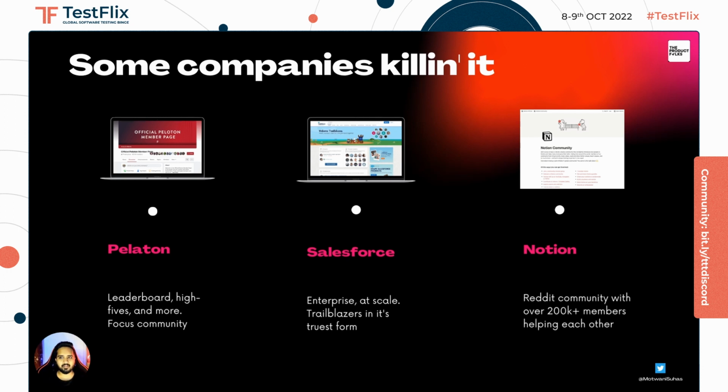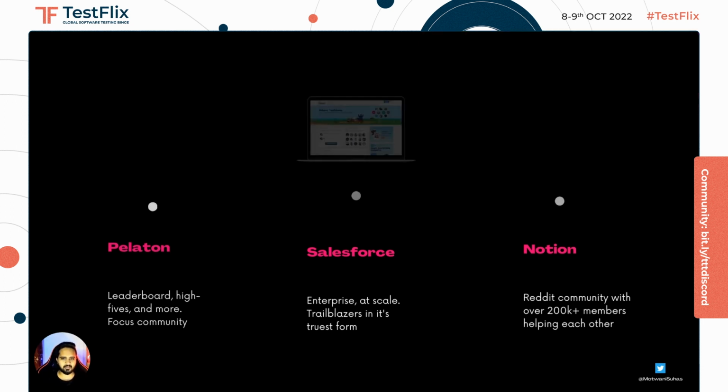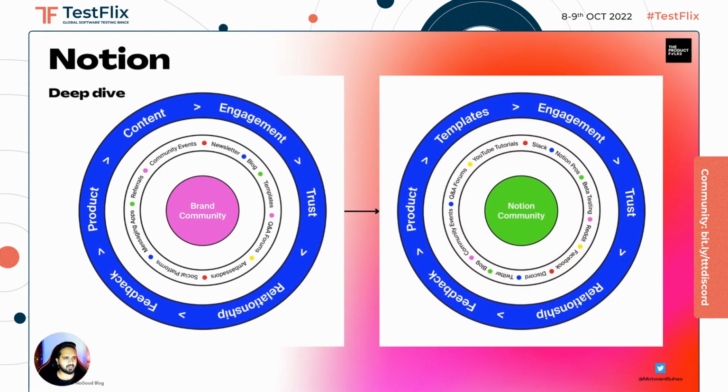So if you are a Notion user, imagine. In fact, over the next slide, I found a really interesting deep dive on the No Good blog and tried matching that with our inner and outer circle framework that we saw. On the left, you have a nice little template. Please feel free to screenshot this. In fact, you could go to the No Good blog and go deeper into it. This is how you can build the inner and the outer circles for your particular brand community. You see the center. This is where you can add your brand community. There are a bunch of things that you can do on your internal circle and on your external circle.